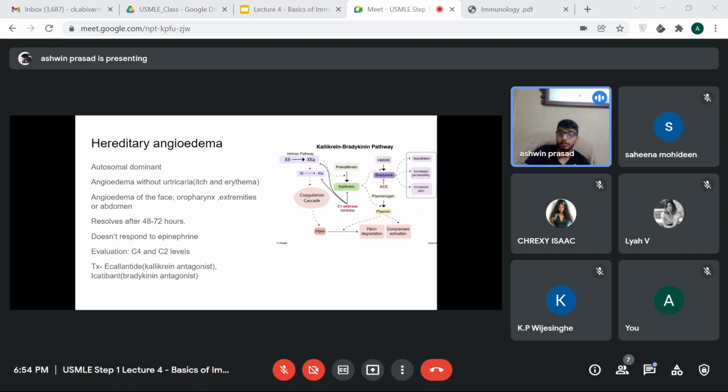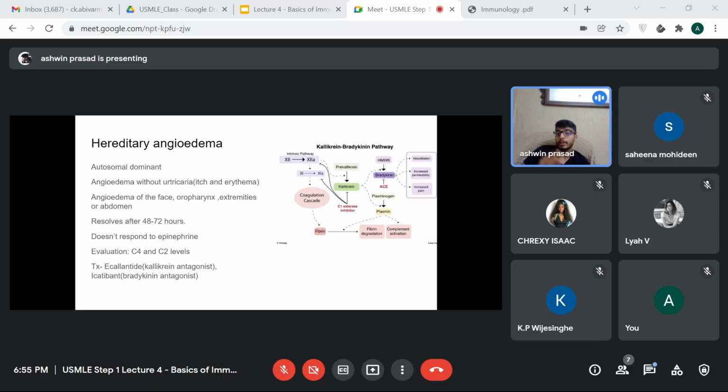So since they're already producing more bradykinin than they should, if you give them ACE inhibitors, you just push them over the edge, and now they're producing way too much bradykinin. So one of the most common medical triggers for hereditary angioedema is ACE inhibitors. In a patient who has hypertension, up until then he didn't have any manifestations of the disease. But as soon as you start giving ACE inhibitors, he starts developing the swelling and all the manifestations of